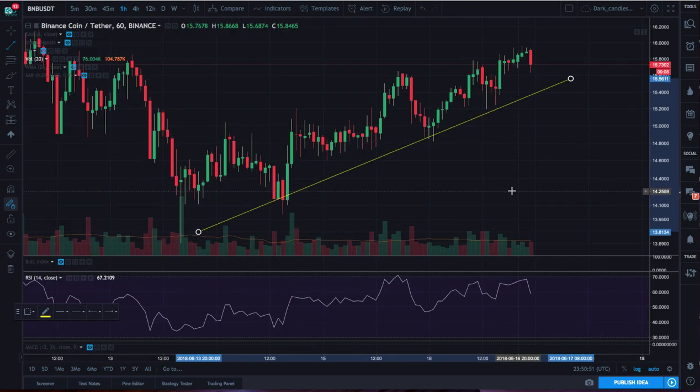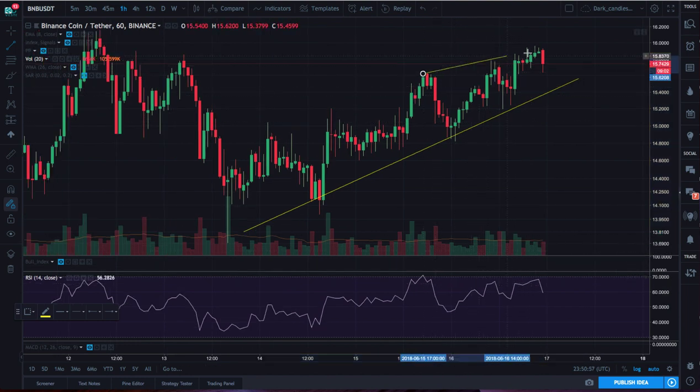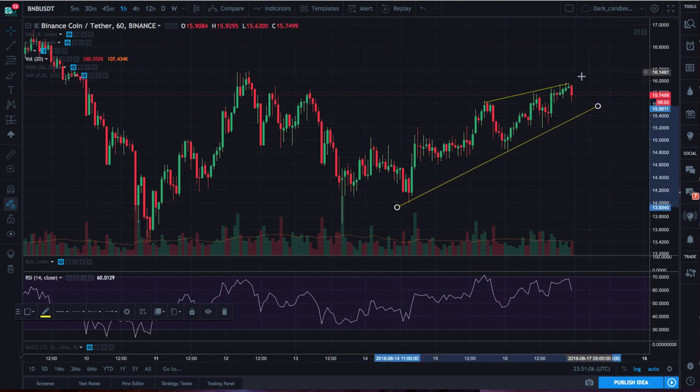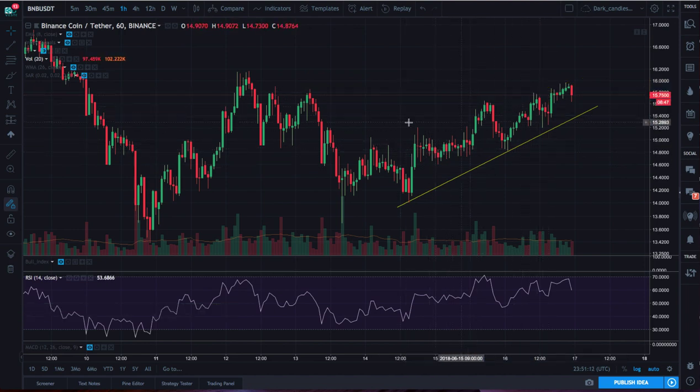If you go to the 1 hour chart though, I am starting to keep an eye on it because we're seeing some slight divergence on this 1 hour RSI as it's starting to climb higher. And so maybe it's getting a little exhausted. Maybe we see some rotation come out of Binance here and into some of these other names if the market can get going again. But for now, this has just been very resilient in light of some of the pullbacks